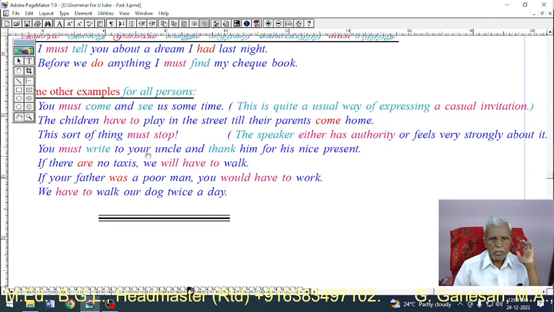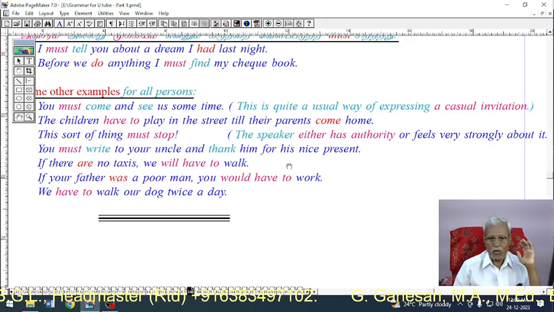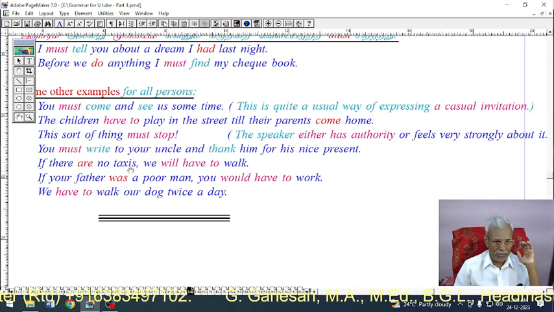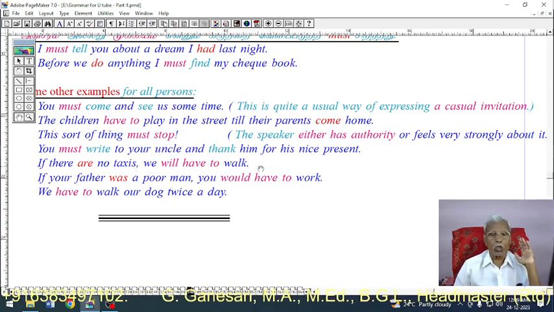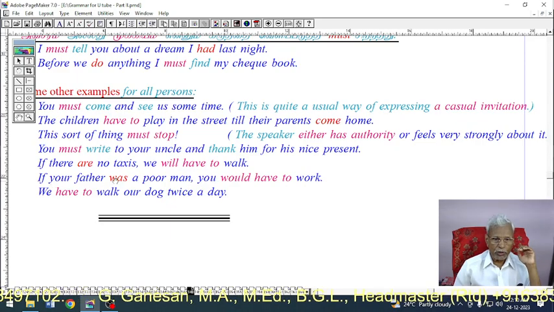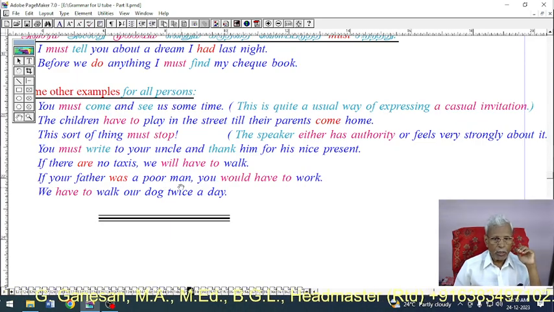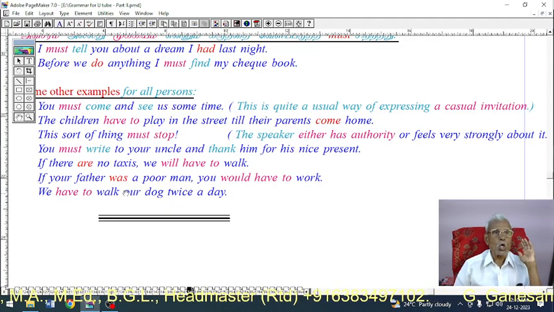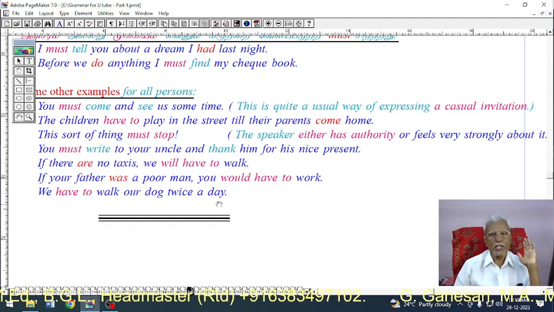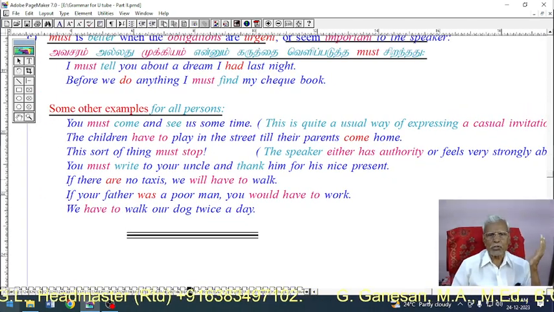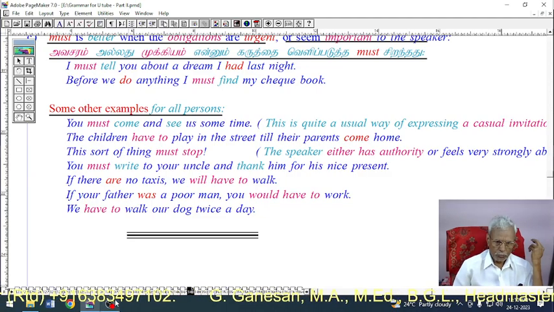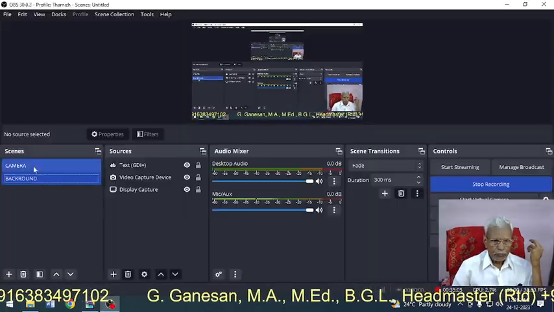You must write to your uncle and thank him for his kindness. If there are no taxis, we will have to walk. If your father was a poor man, you would have to work. We have to walk a dog twice a day. These are some of the examples for all the persons for must and have to. So, dear students